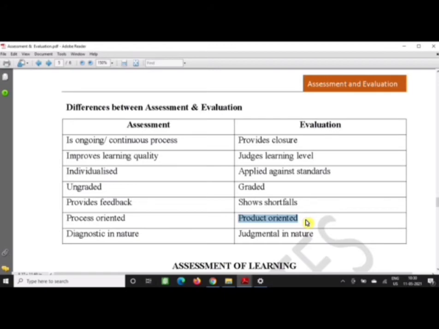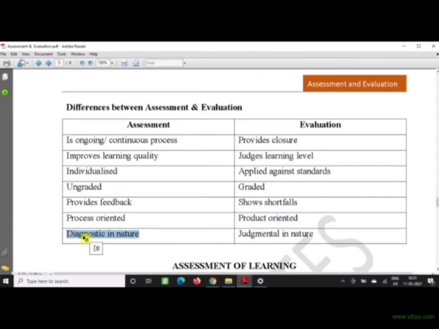Like you have scored very good marks in this particular course. After you completed the course, you got 90%, 98%. That is the product that has come after the course got completed. That is evaluation. It is product oriented.